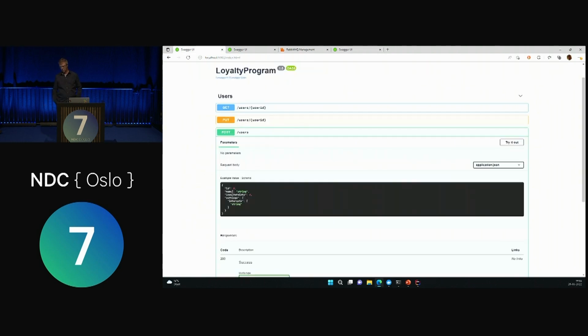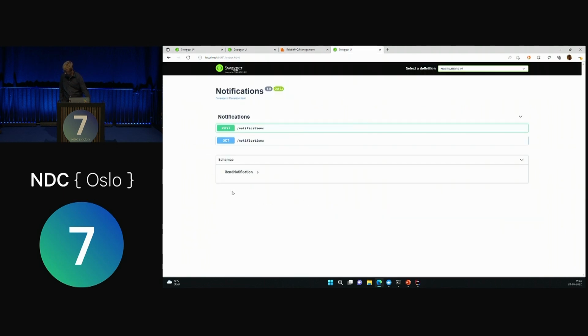And then we have, back to the loyalty program. Sorry for all the switching. So this one will listen on that RabbitMQ queue and get the special offer, match it against the interests of whoever's registered. And then lastly, the loyalty program will call this post endpoint on the notification service, and then it's the responsibility of this service to actually notify people via however they want to be notified, whether they prefer email or text message or whatever.